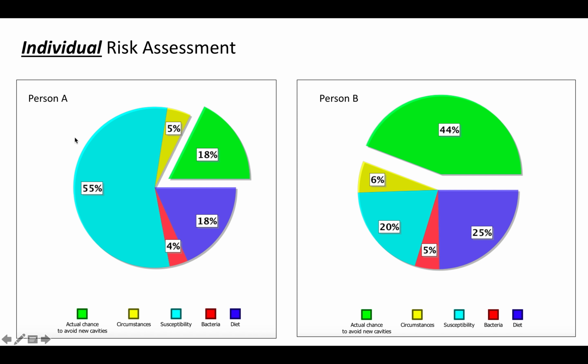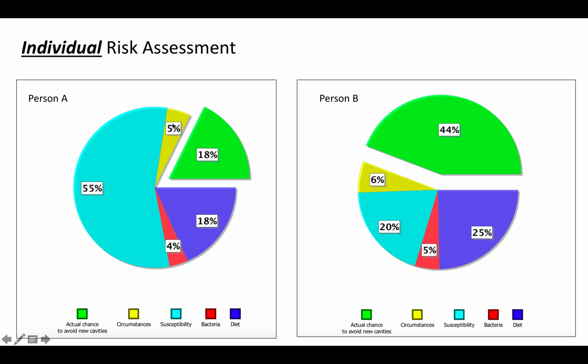What I'm presenting here is two graphs from the software Cariogram, which we're going to use in Prac 3, but they graphically represent a person's risk or actual chance of avoiding cavities. And we can see with patient A, they have a much lower chance, 18%, of avoiding new cavities. So the risk of cavities is quite high. In patient B, we can see a different profile. So here they have 44% chance of avoiding new cavities. So they're less at risk